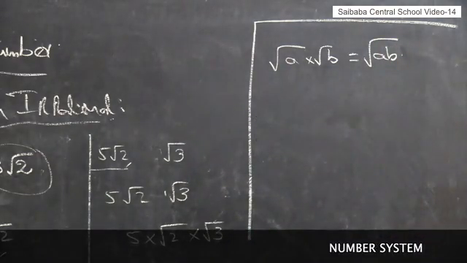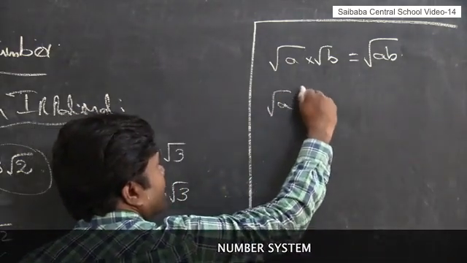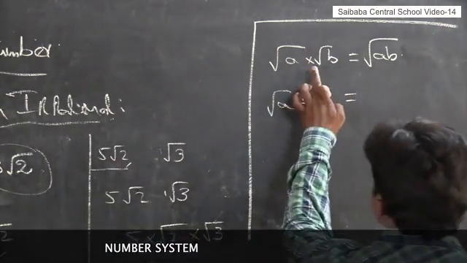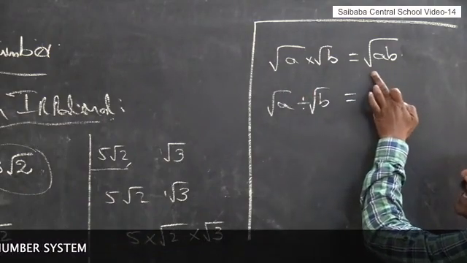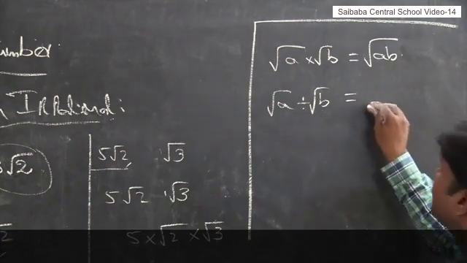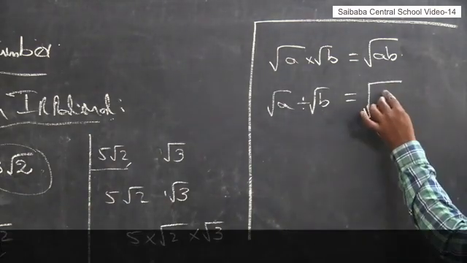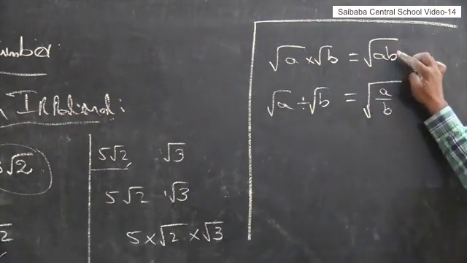We can use like that. And then one more thing. Root A divided by root B is equal to... The division is a multiplication in between root A into root B. We can multiply in one side in one root. Root A divided by root B, we can also represent by using a single root: root of A by B. But these two are possible.